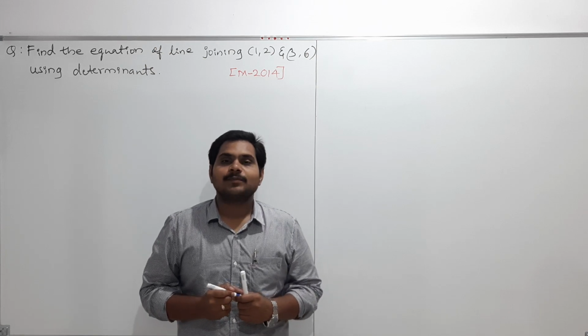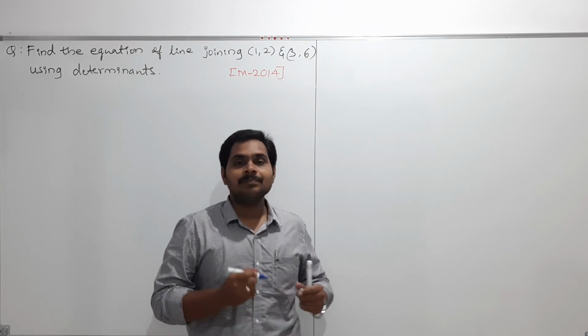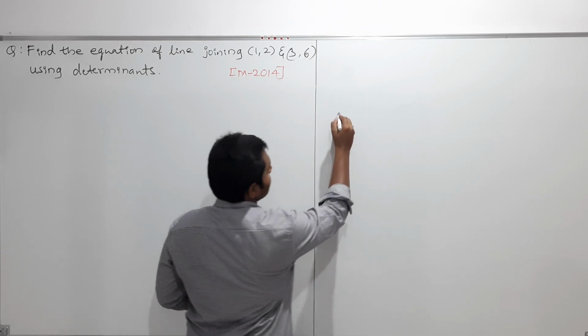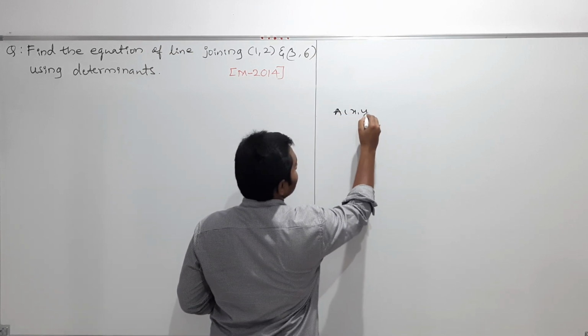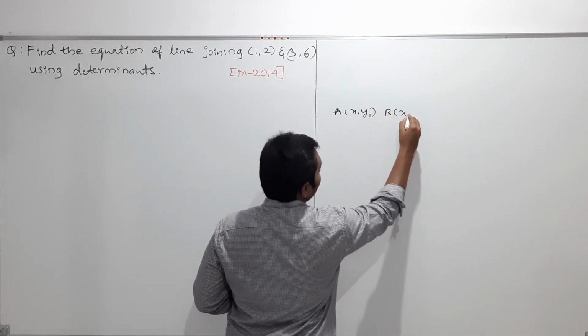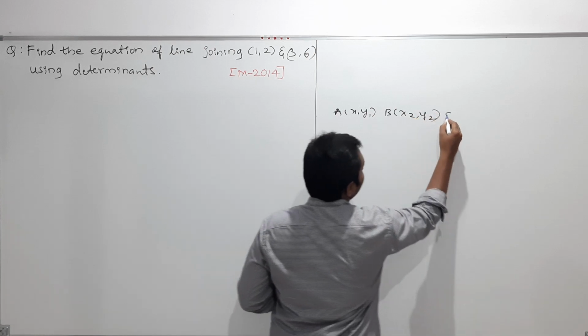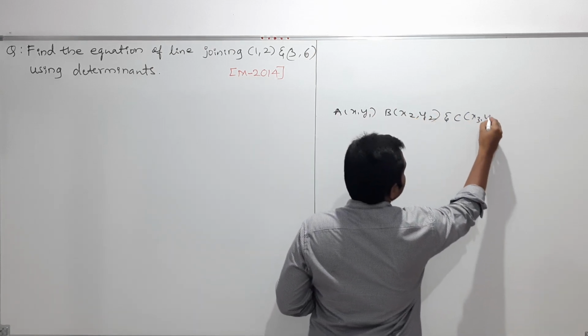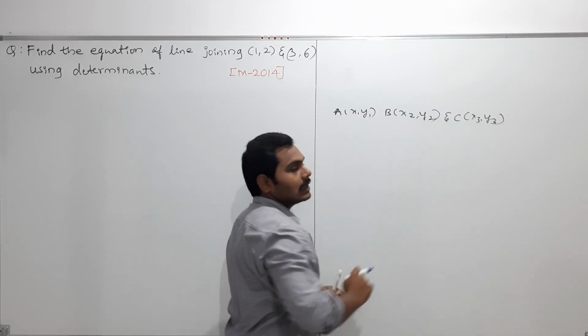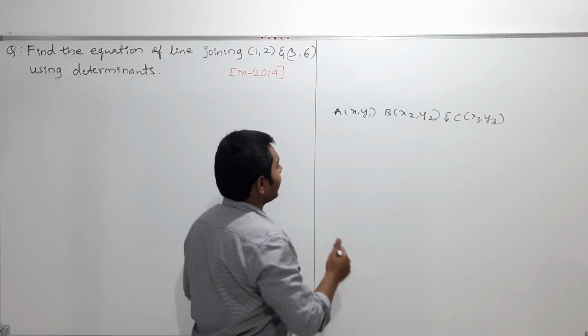Hi my dear students, in the previous videos we discussed that if I have the three vertices, that is A of x1 y1, B of x2 y2 and C of x3 y3, if I have the three vertices, then the area of the